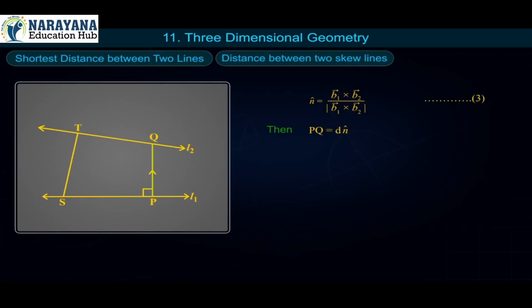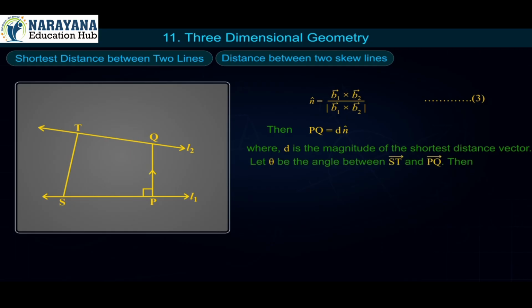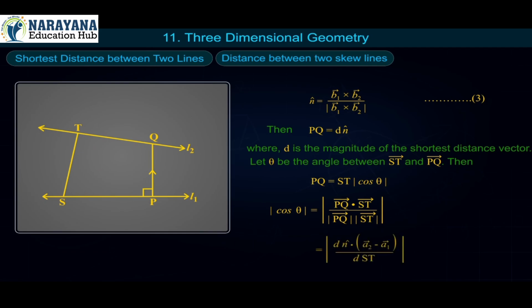Then vector PQ is equal to d n cap, where d is the magnitude of the shortest distance vector. Let theta be the angle between vector ST and vector PQ. Then PQ is equal to ST into modulus of cos theta. Modulus of cos theta is equal to modulus of vector PQ dot vector ST upon modulus of vector PQ into modulus of vector ST, which is equal to modulus of d n cap dot (vector A2 minus vector A1) upon d ST,